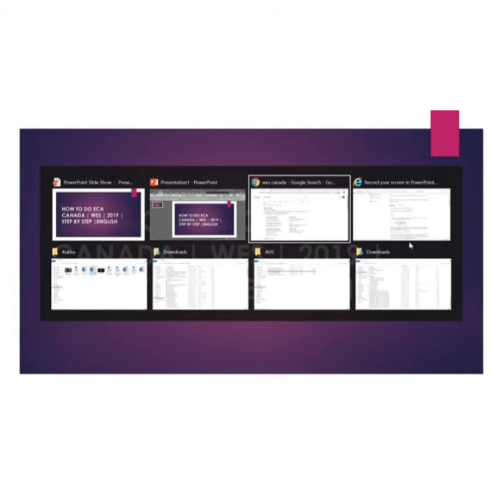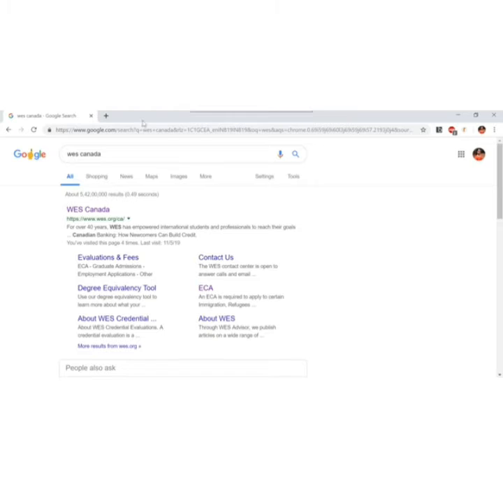First, go to Google and search WES Canada. So first you will see a site which is www.wes.org/ca. Just go to that link.